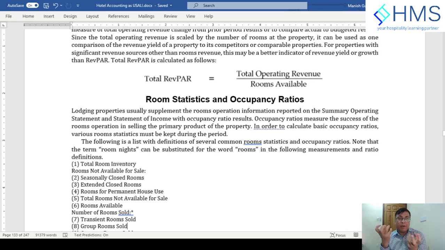This total RevPAR is easily compared between the different properties so that they can understand how they are maximizing their other departments' revenue. So this was all